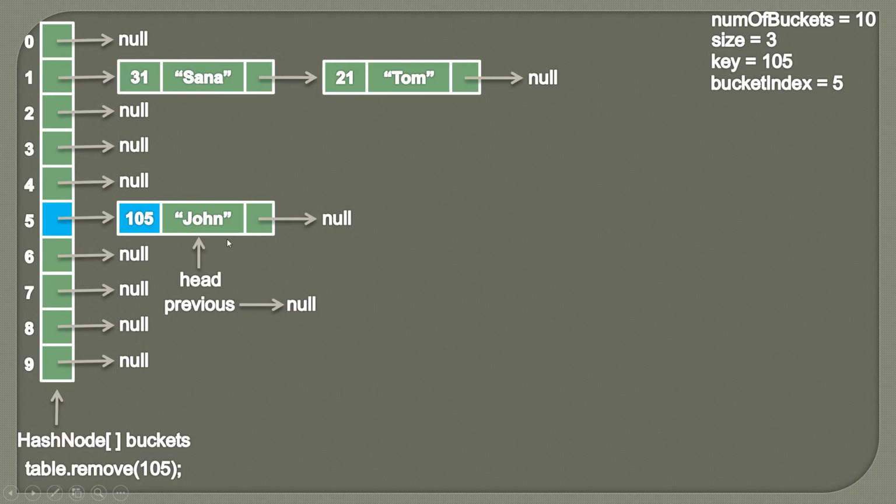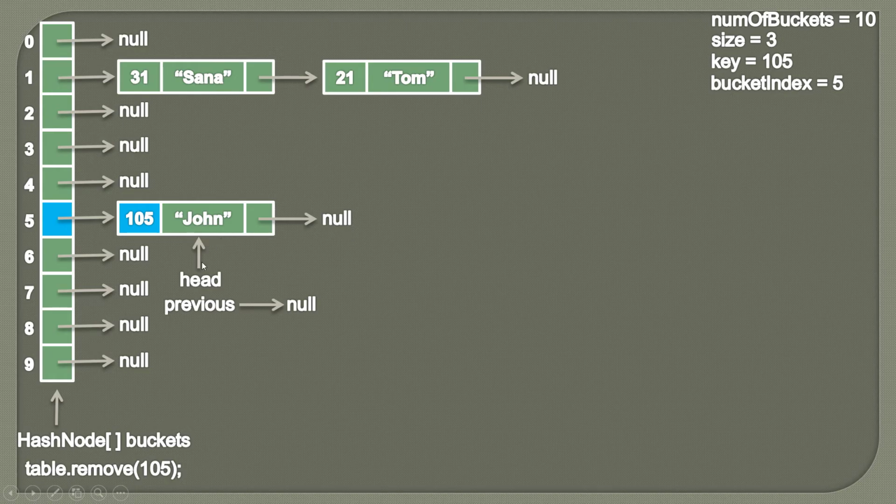Here head.key is equal to the key which we want to remove. It means we have to remove this hash node. As previous is pointing to null, it means we want to remove the first node of the list. Currently head next is pointing to null, but there could be a possibility that there are n number of nodes after that. In order to remove this node, we have to first break this link so that there is no reference to this node and it can be freed up. But we can't directly break this link because there could be nodes after that, and these nodes after the head would also be removed.